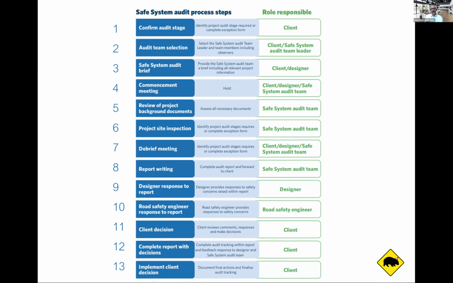My rule of thumb for a reasonably small safe system audit, like at an intersection upgrade or something like that, would be to allow a couple of weeks to get things in order, find the right people, and organize time to go on site. But it's a couple of days, 2 or 3 days at least, in writing up and changing things and adjusting things and pondering it and having somebody then look at the work. So it's not a quick, couple of hour exercise.